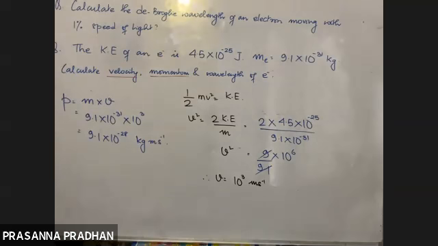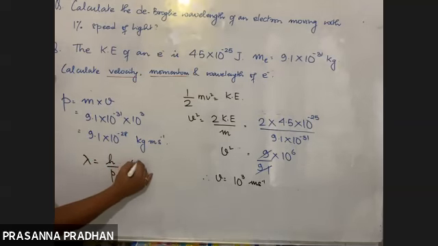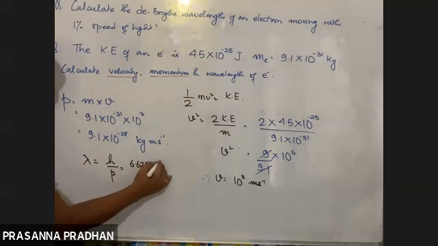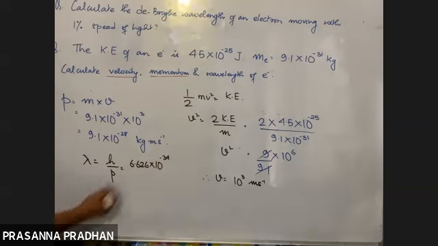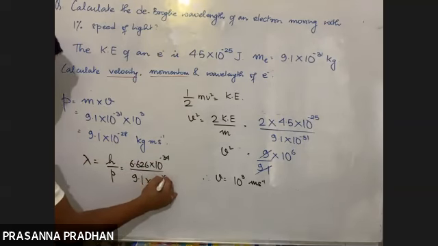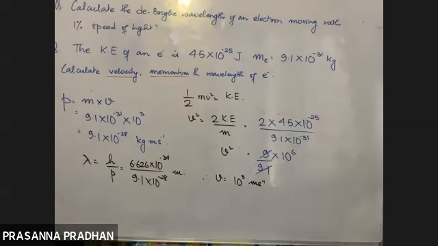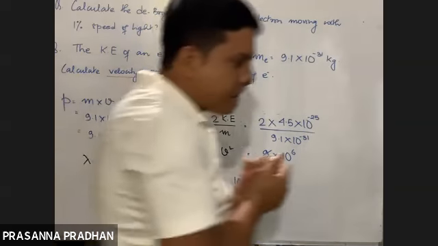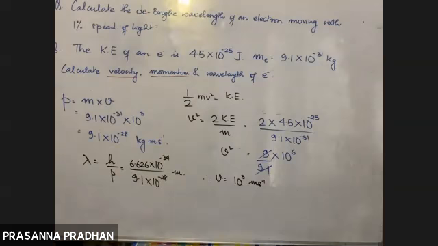Now how will you calculate the wavelength? Very easy, de Broglie's equation. So lambda equals h by p. h is 6.62 into 10 power minus 34, and momentum आया 9.1 into 10 power minus 28. आंसर आएगा तुम्हारा मीटर में wavelength. बस. These are typical problems which will come in a school exam level. So you need to have an understanding about the topic. What is de Broglie's equation? Lambda is equal to h by p.